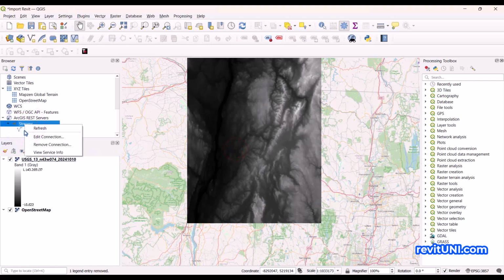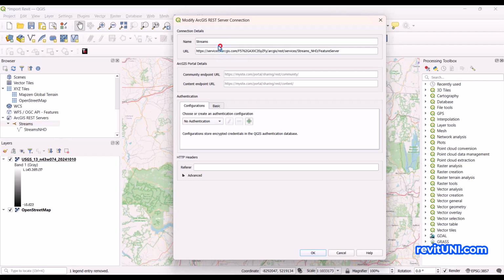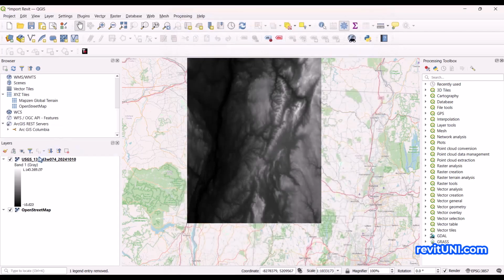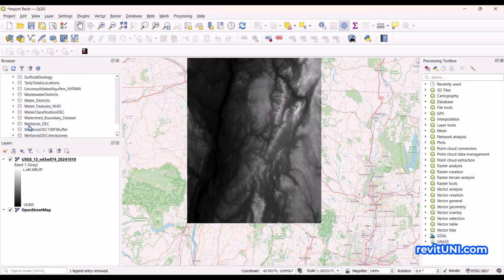I can also edit this connection, and instead of limiting myself to streams, I would just remove the last part of this URL, which will finish at the word services. So I will rename it ArcGIS Columbia. Okay, great. So you see now when I open it, I have the whole list of other maps that I can add to the project. And one of them is CCB2